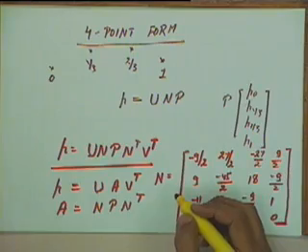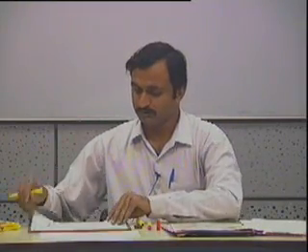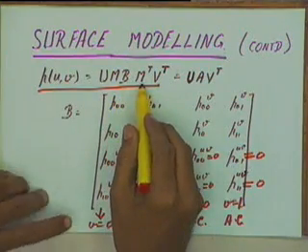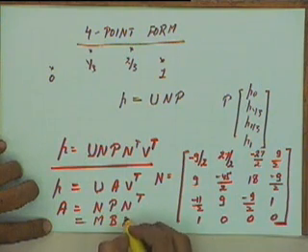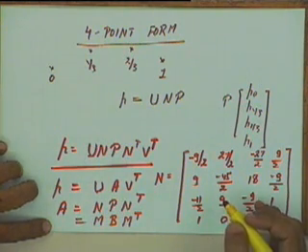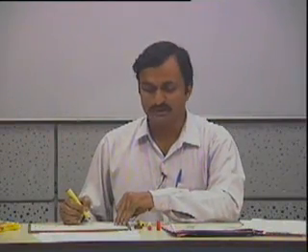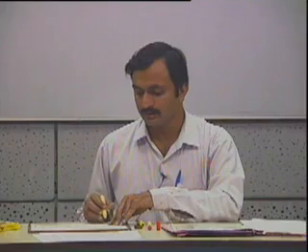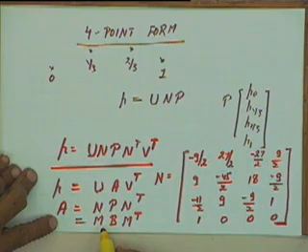Okay, and we have already shown A to be M B M transpose, so this is also equal to M B M transpose. If you compare it with the formulation for the PC curve, the formulation will be very similar. There A was equal to NP and it was equal to M times B. So we have a similar formulation in this case also.